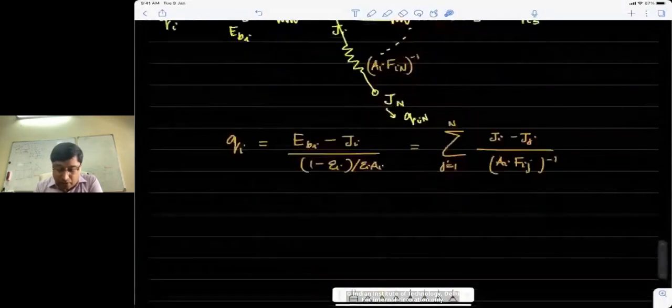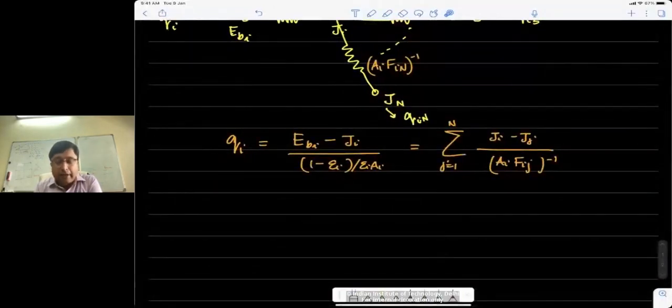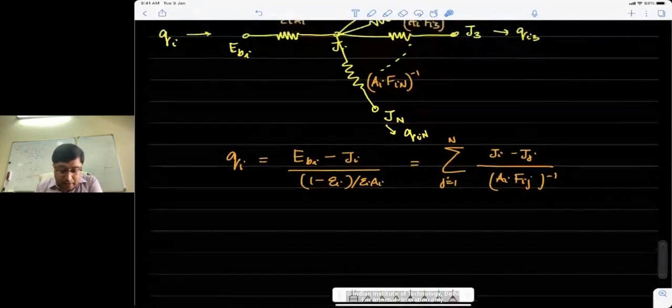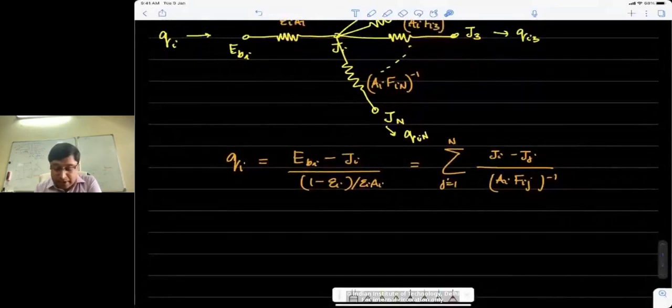Okay, and we came across this eventually, that the total heat exchange, or the amount of heat that you have to add or remove from each surface to maintain it at a constant temperature, can be written in two forms. One is in terms of the nodal values or the surface values, and the second is in terms of radiosity, so in terms of radiation exchange of each node or each surface with the neighboring surfaces. So what I want to do today is very quickly show you how this method can be used, or what is the procedure to work out problems of this kind.